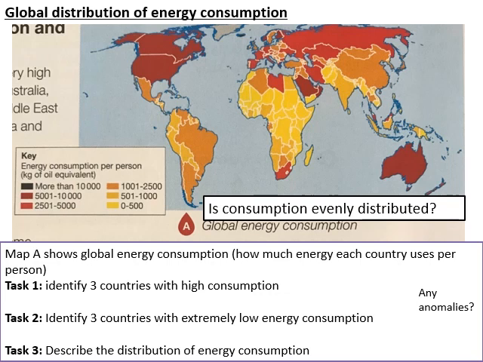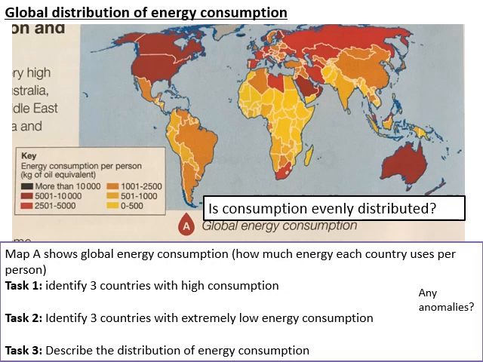You just have to designate a little bit of time to look at it carefully because all the information you need is on there. So this map is showing us energy consumption per capita, so per person, of countries around the world. And it's got a key on there. So the darker red areas show us the countries which are consuming the most energy, and the countries which are yellowy, lighter colour, they're the countries which are using the least amount of energy. So in order to practice the skill of interpreting figures, what I'd like you to do is have a go at the 3 tasks on the screen.